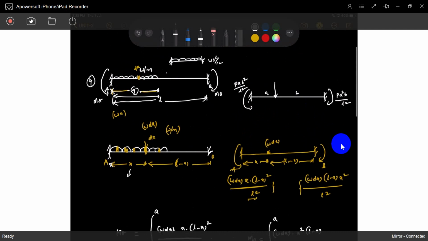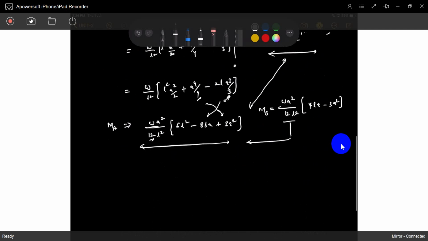So if you have MA and MB, then you can write the shear forces. You can easily find out the shear forces, and later you can draw the shear force diagram and bending moment diagram. That's easy. So no need to do it again and again. If you are given a value, then we can write it. No need to try a theoretical diagram or theoretical loading. The bending moment diagram and shear force diagram will come like something. No need. Okay, that's it.